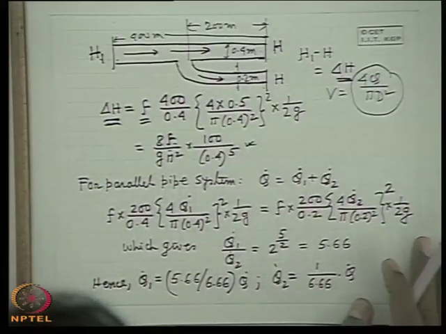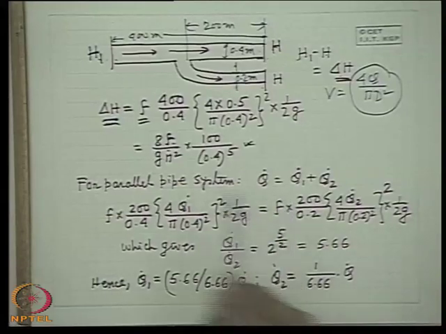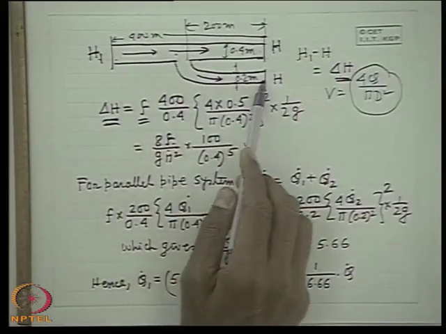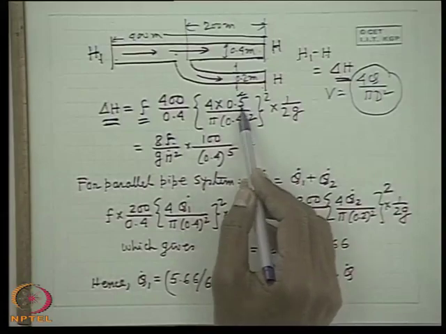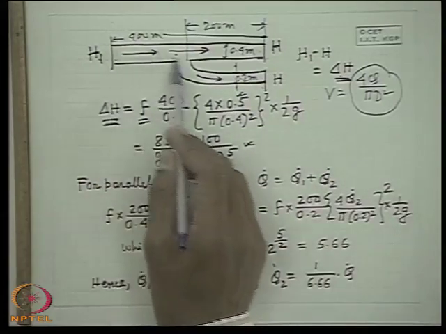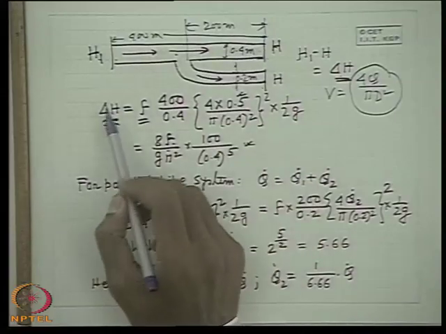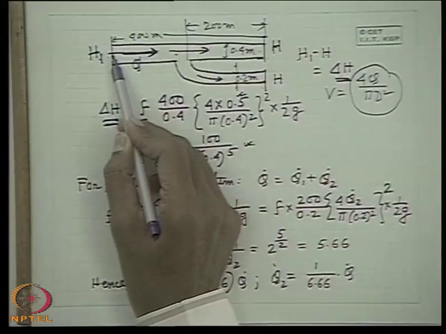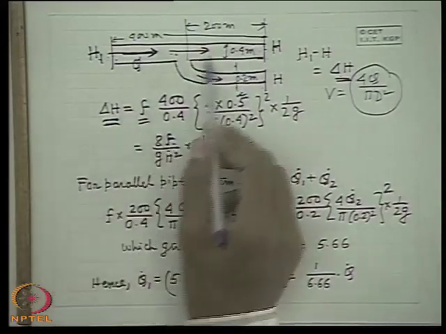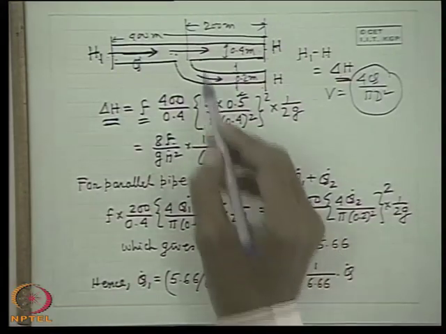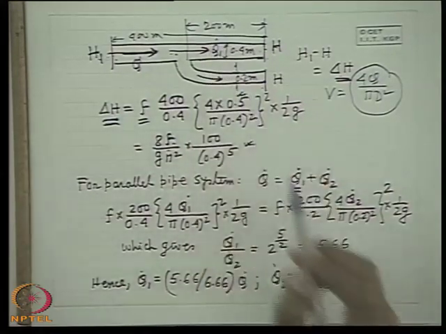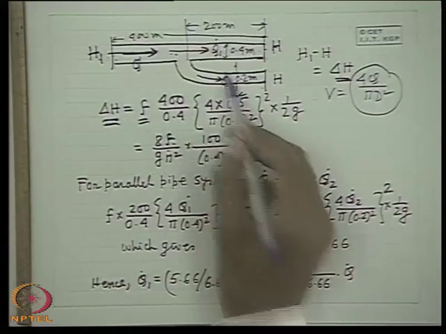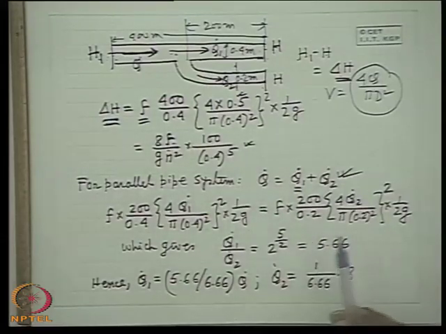Now for the parallel pipe system. What are the main principles of a parallel pipe system? Very simple, common sense: when another pipe is added, the flow rate changes, this 0.5 meter cube per second is changed. So a new flow is set up in the entire system. Let us consider this new flow rate is Q dot, which comes from the main source, the inlet plane, and gets divided into the two pipes. If Q1 dot is the flow rate through the 400 millimeter diameter pipe, and Q2 is the flow rate through the 200 millimeter diameter pipe, then the sum of these is Q dot, by continuity.